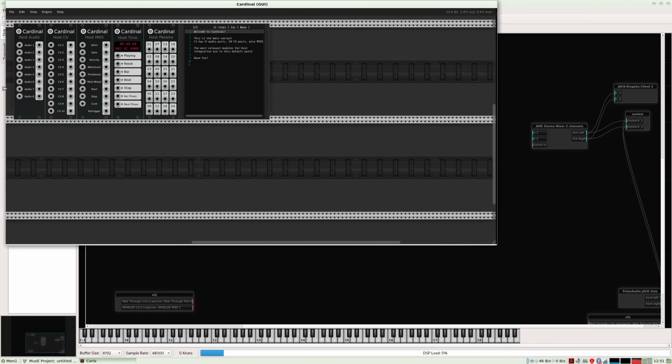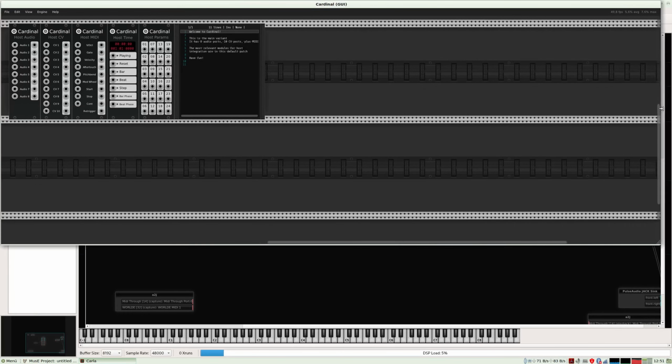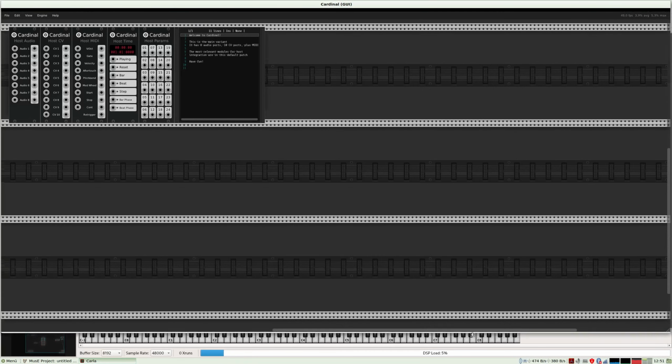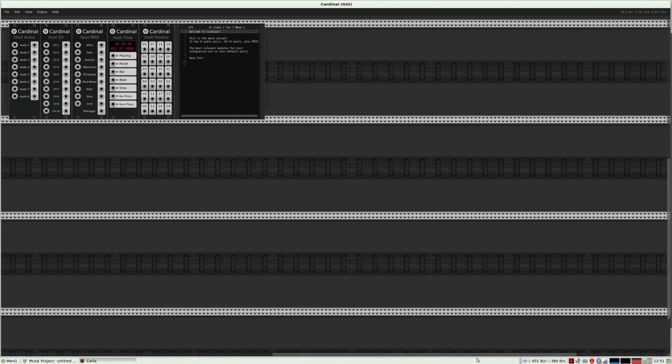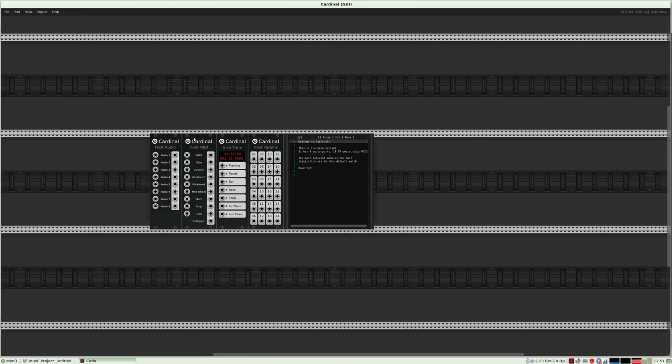Unfortunately the window for Cardinal cannot be maximized at once, so I have to do this by dragging it to the maximum size. And now I want to look here. Host audio, we need it, yes. Host control voltage, at the time I don't need it.